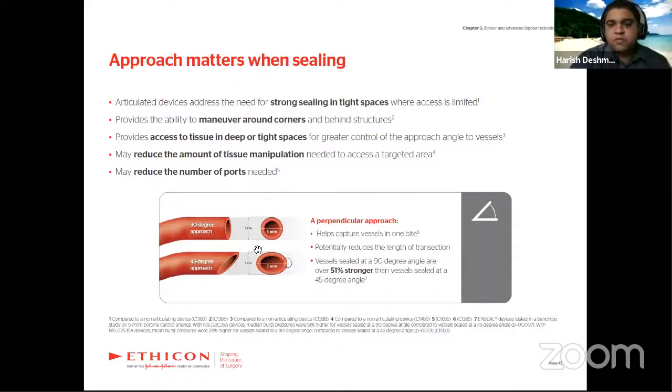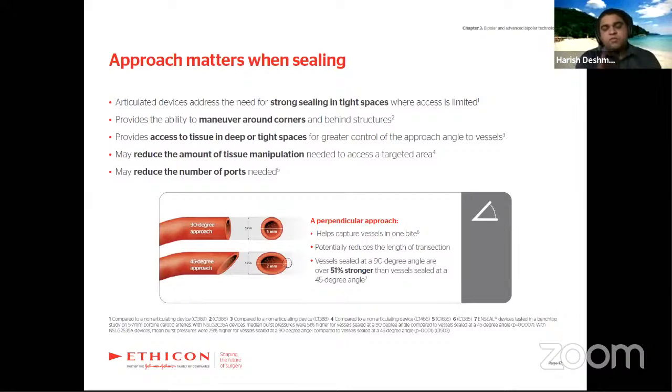A perpendicular approach is considered the safest and the best way to ligate a vessel. If you see in the picture itself, it shows that when you do a 90-degree approach, a 5 mm vessel will be a 5 mm vessel. But if there is a 45-degree or any other angle approach, the same 5 mm vessel diameter may increase to 7 mm. So this angle approach will give you a